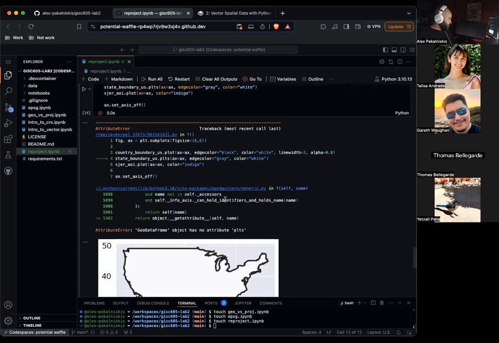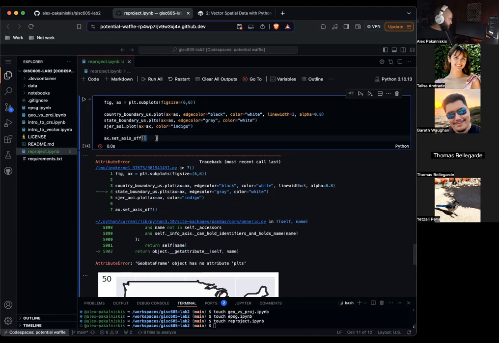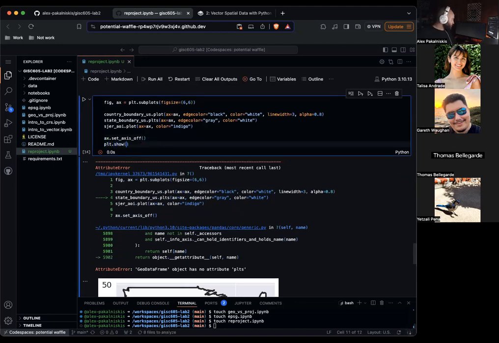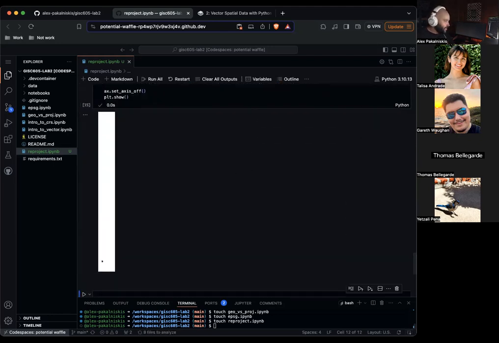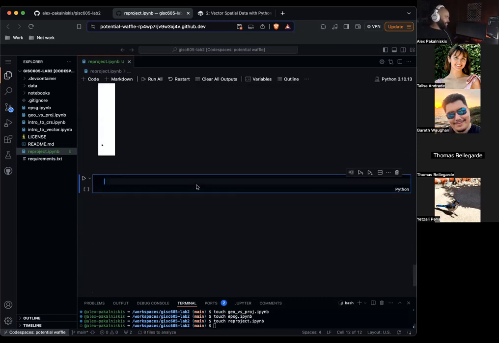You can see it's not great. So we got an error, which is cool. I think I wrote plts somewhere. Yeah. So let's try that again. You can see it's kind of an ugly graph. Like it's not great. So let's check the CRS of our data sets to make sure that we're doing something correctly or that we're doing something wrong.